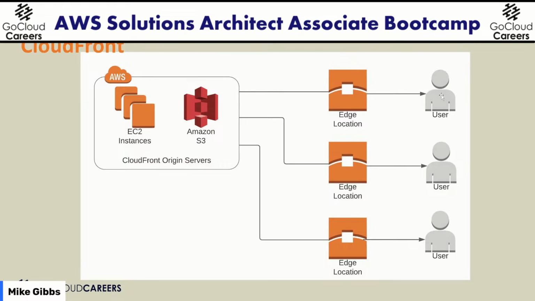So user 1 goes to www.gocloudcareers.com, and they hit that edge location, and user 1 is over here. It gets sent to our cloud hosted systems, and it gets sent back to the edge location and back to the user. The next time somebody wants to go see that article from the same edge location, they go straight to the edge location, and the edge location sends it back. So it really can reduce the load, but that's not going to help the user sitting in Athens, Greece.